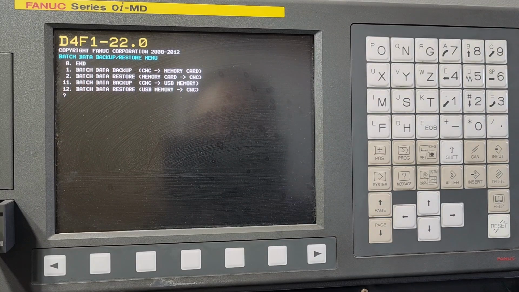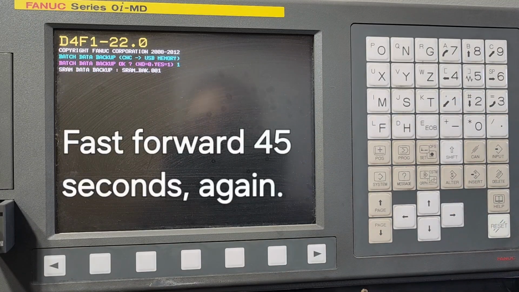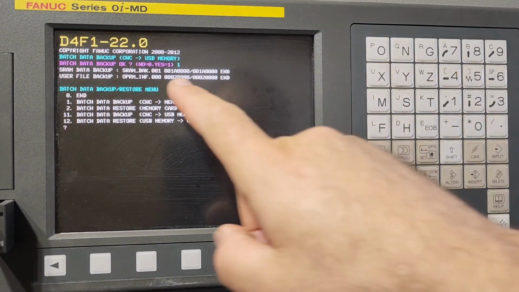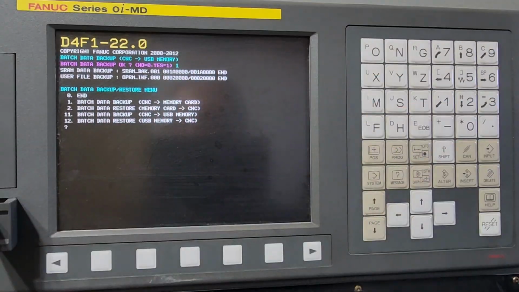But today I just have the USB installed, so I'm going to put 11. CNC, which is the machine, to USB memory. So you press 1, input, and then batch data backup, okay. Press yes or no. I'm going to press 1 for yes, and then it does a backup. So then you wait, make sure that you have all these files complete,